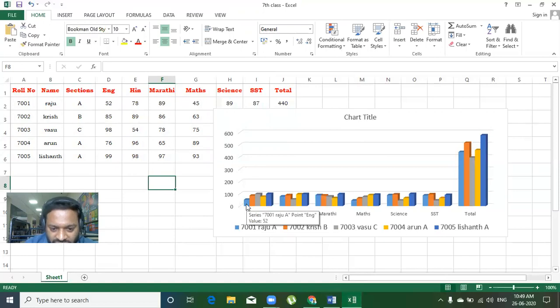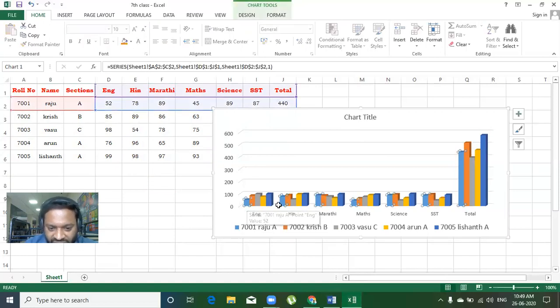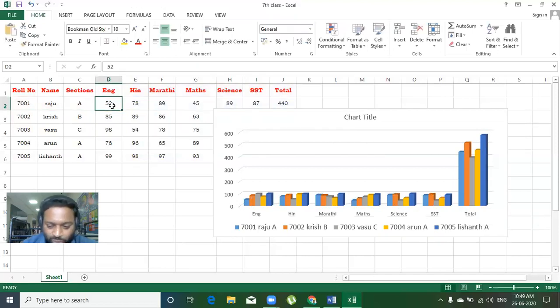So Raju's marks are English, Hindi, Marathi, Maths, Science, SST and total. If I change the marks of English here, I am going to keep 10, press Enter. Then you observe the English data series has decreased, and the total also has decreased.